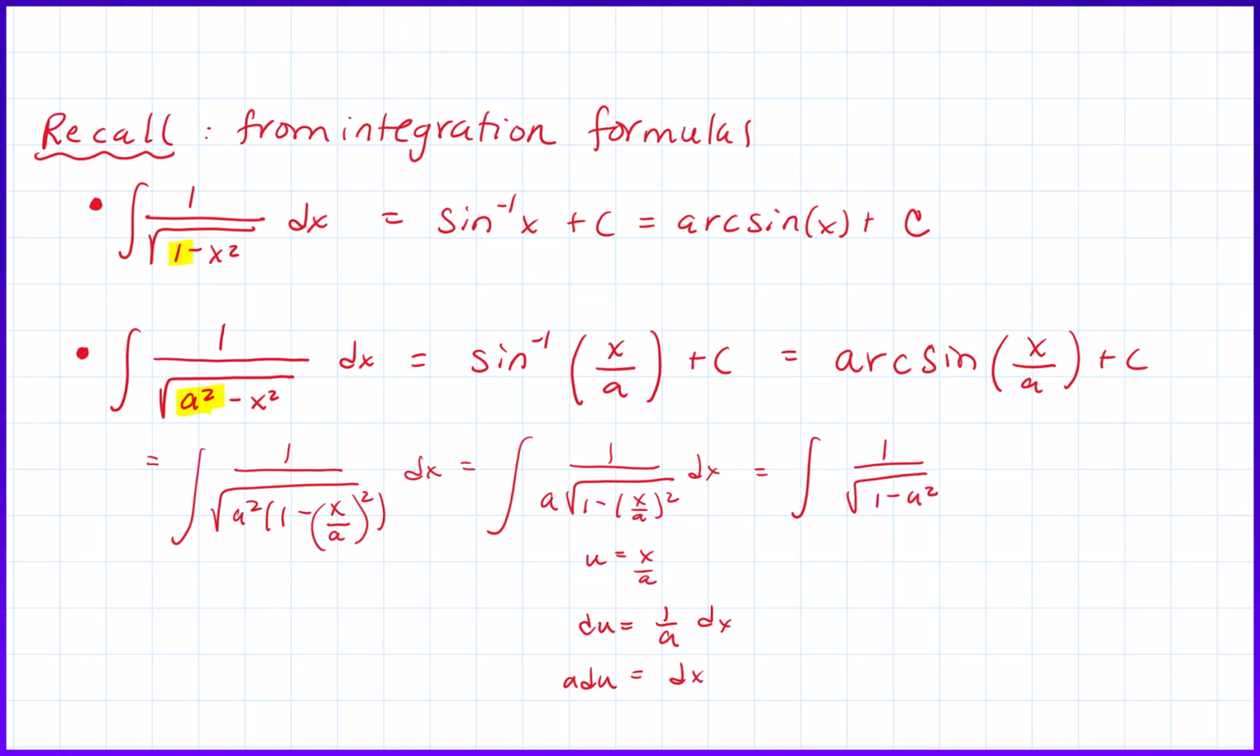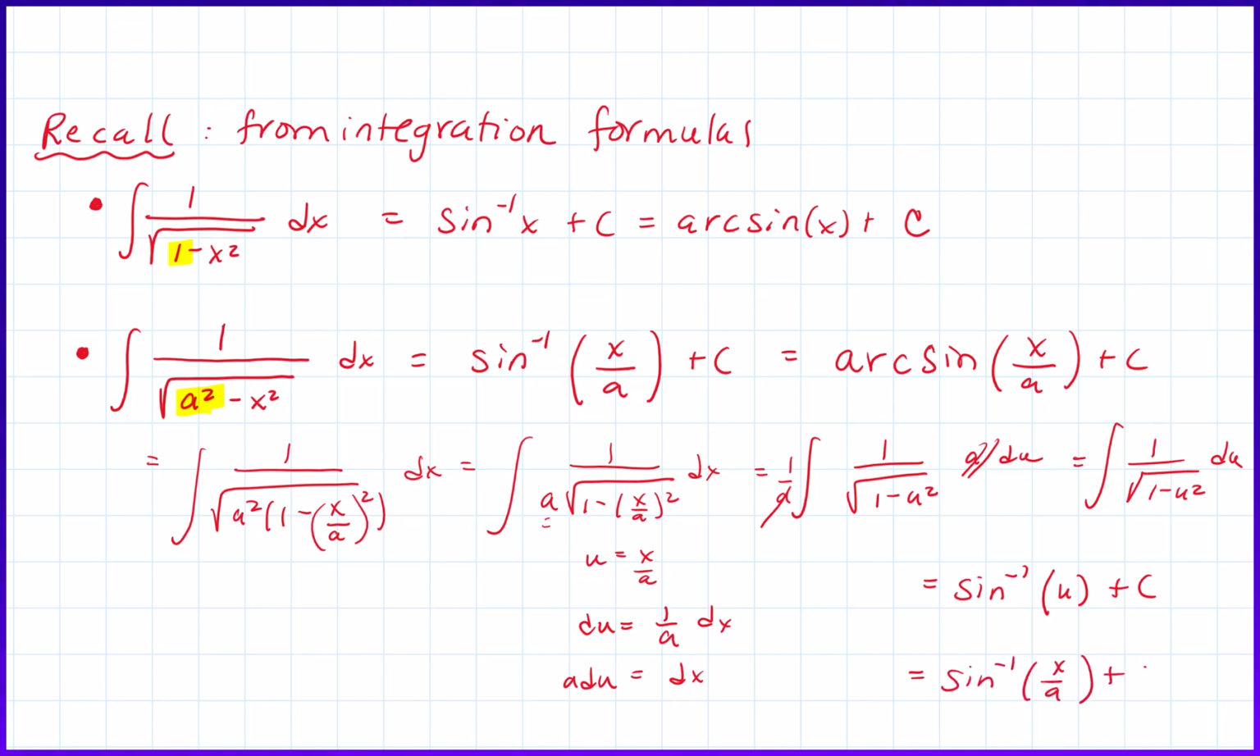We have a 1 over a out in the front. We pull this a out to the front, and when we make the substitution on dx, we get an a times du, so these a's cancel, and we end up with the integral of 1 over the square root of 1 minus u squared du, and that becomes the inverse sine of u plus c, which is the inverse sine of x over a plus c. And if we prefer, we could also write that with the